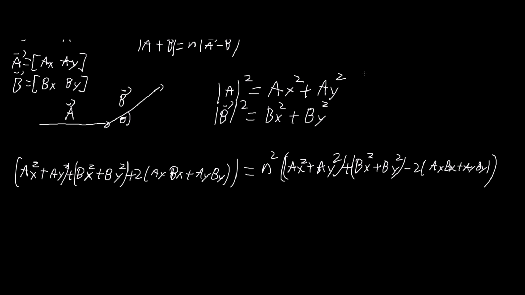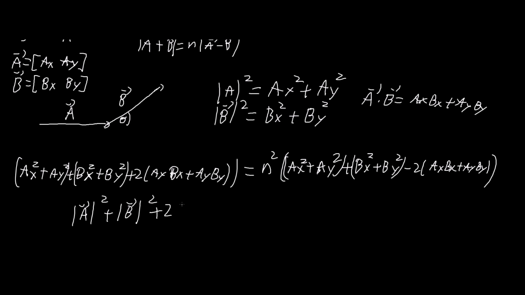And notice the dot product of A dotted with B is going to be AX BX plus AY BY. So right off the bat, I am going to be replacing this whole thing as the magnitude of A squared plus the magnitude of B squared plus 2 of the dot product of A dotted with B,